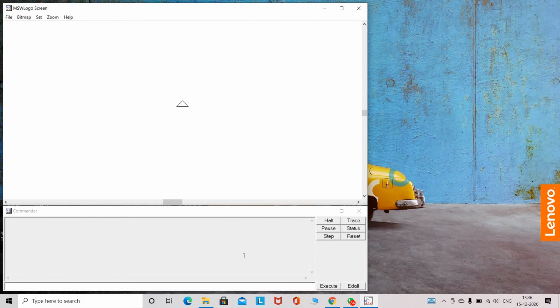So I'll just show you. For the safer side you can press the caps lock key once, so it will come in caps. So print space 40 plus 57, just press the enter key.